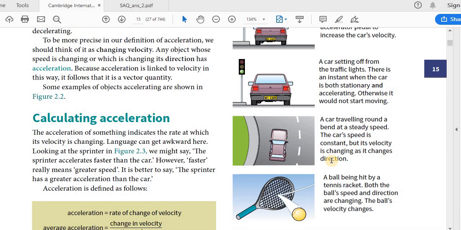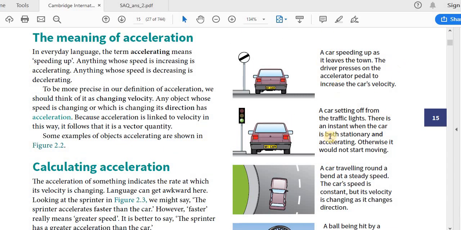So let's look at some examples over here of what forces can do. Whenever there is a resultant force, there is an acceleration. A car speeds up as it leaves the town. The driver presses on the accelerator pedal to increase the car's velocity. So a resultant force can cause an acceleration. Acceleration is an increase in speed. For example, over here, the car is